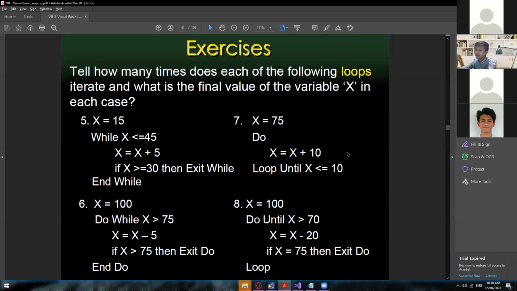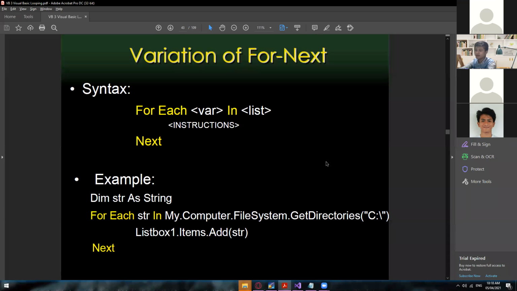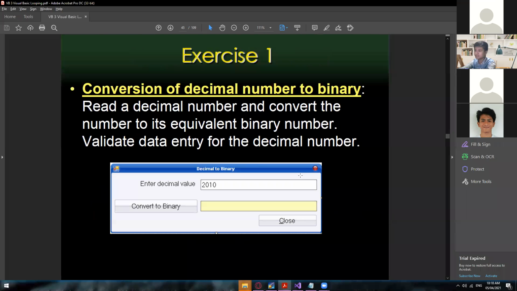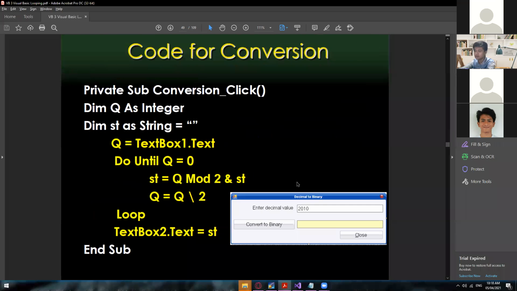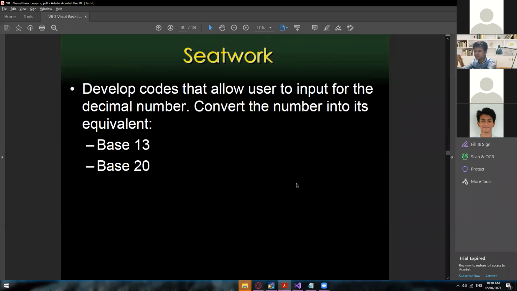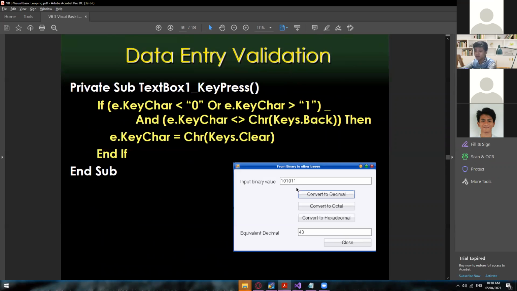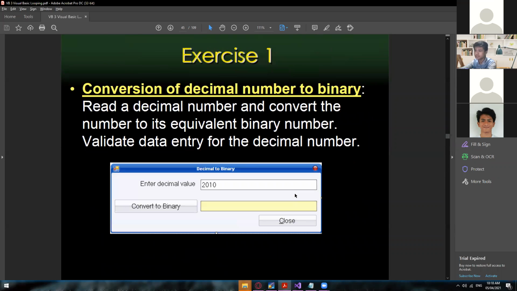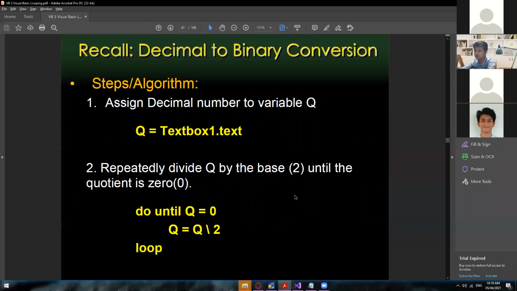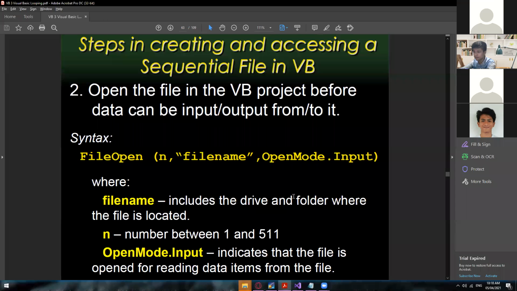Okay. All right. So next meeting or tomorrow, we will discuss this one. However, we will not discuss this one by one anymore, since most of them are examples, the code conversion, looping exercises, etc., etc.